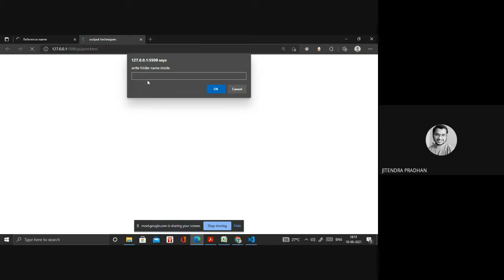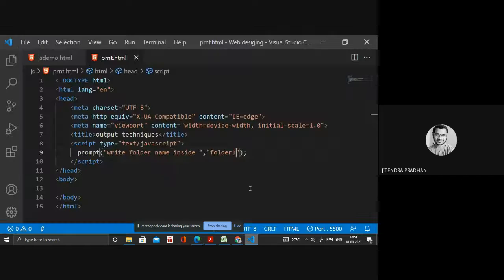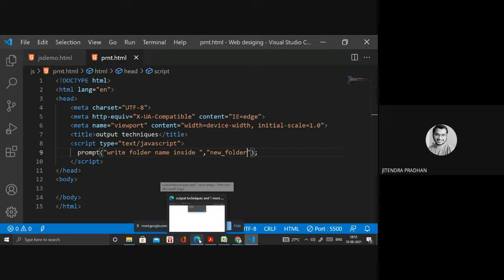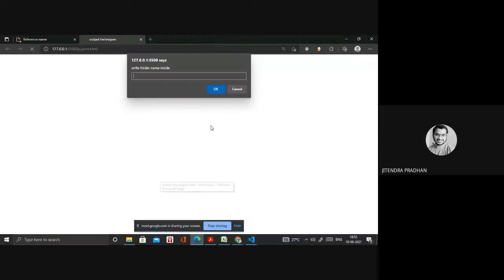New folder. Yeah, have you observed that one? This name is coming inside the box.